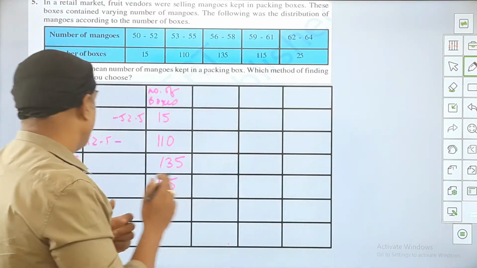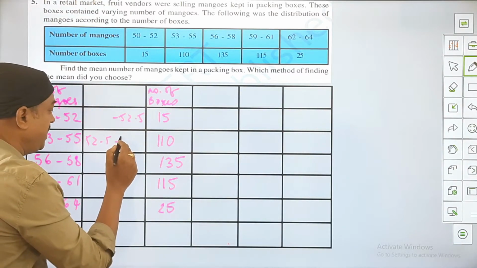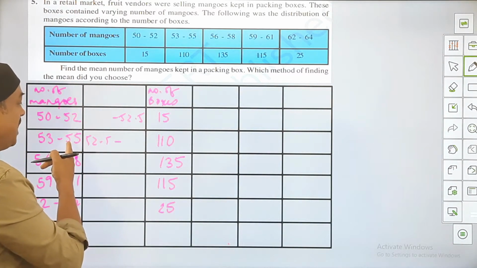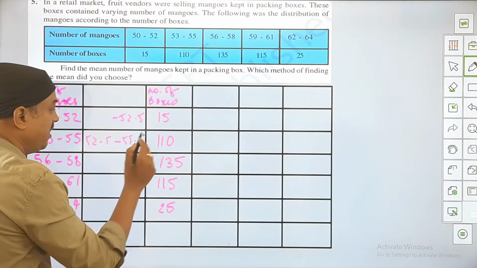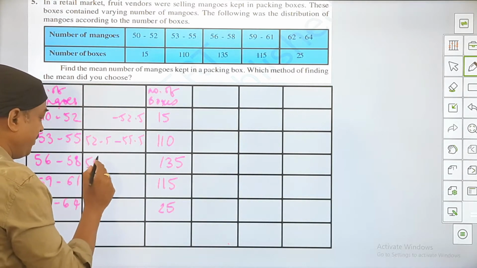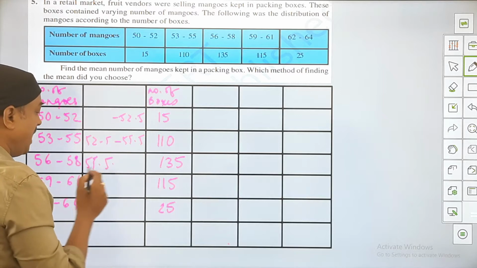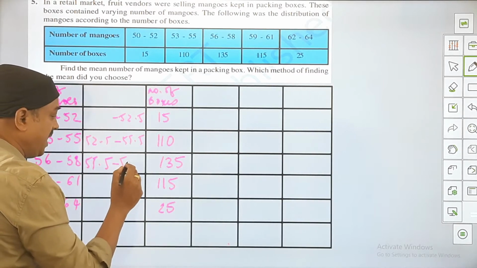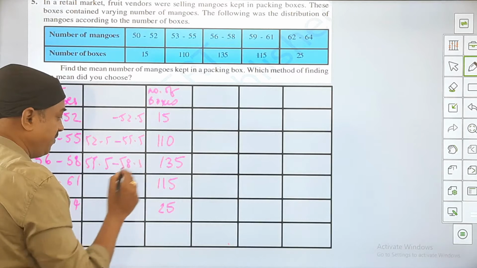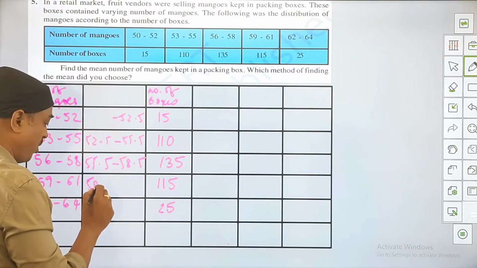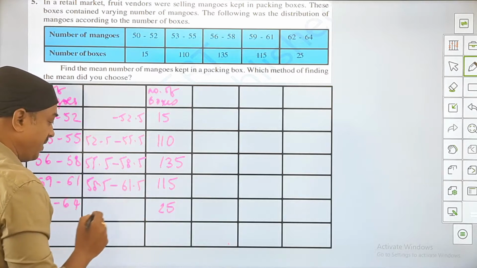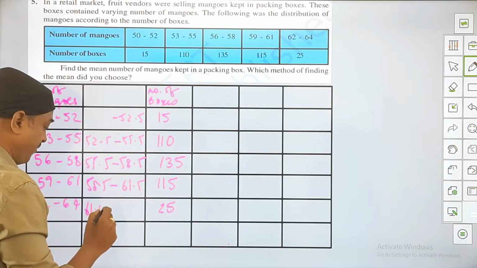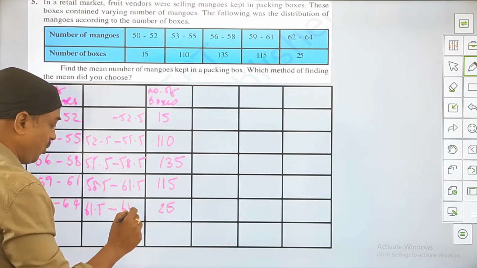So I'll get all the numbers here. This will be 50. Now what should I do here? I should increase this by 0.5, so this is 55.5, and again it starts with 55.5. The next one is 58.5, and it starts with 58.5 here. Then this is 61.5, and this will be 61.5, and here it is 64.5.